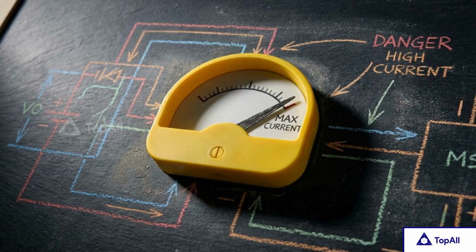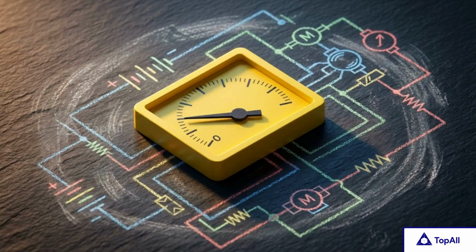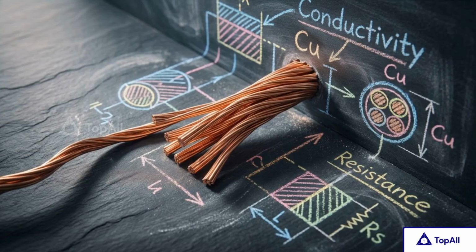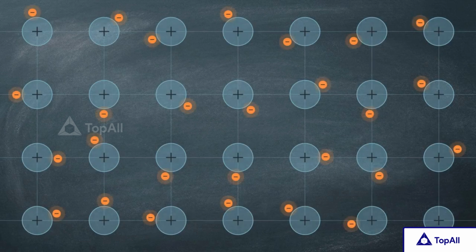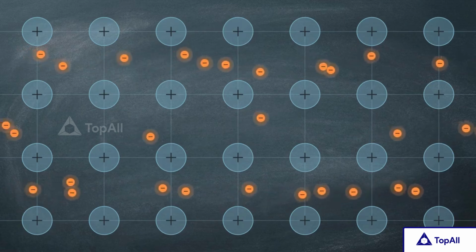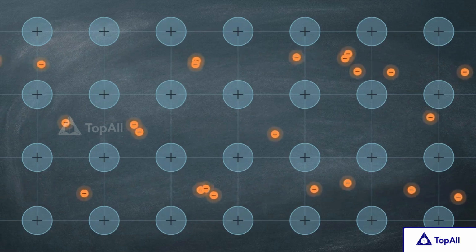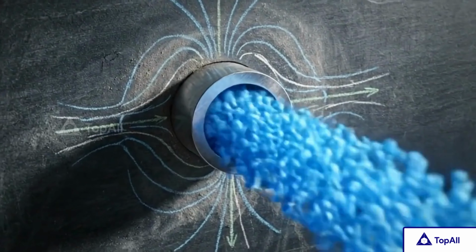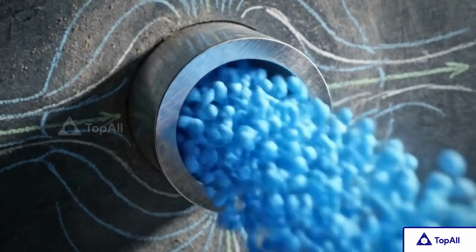A lightning bolt carries tens of thousands of amperes. A household appliance draws perhaps 1 or 2, and the electrical signals traversing your nervous system operate in microamperes. To sustain these steady currents, we use solid metallic conductors. In these materials, the outer electrons detach from their parent atoms and move throughout the bulk structure, while the positive ions remain fixed. We harness the power of moving charge by forcing electrons to march in an orderly, steady line